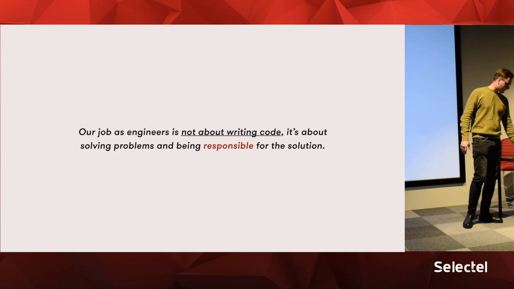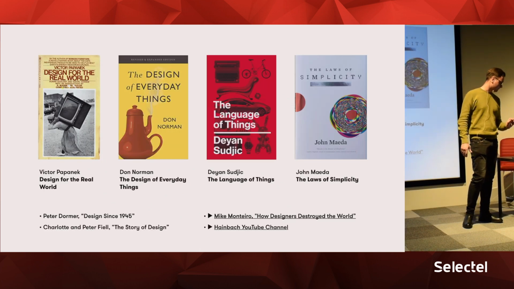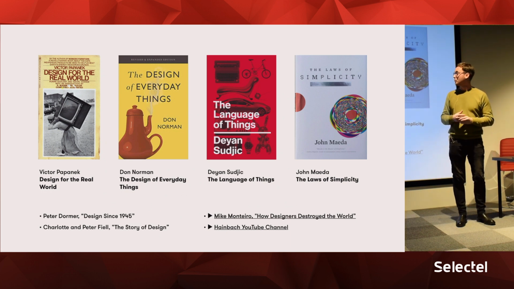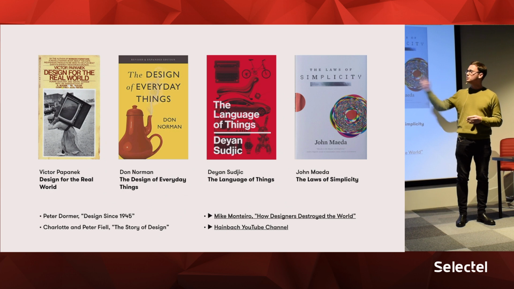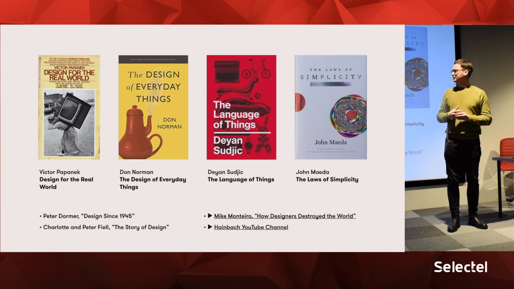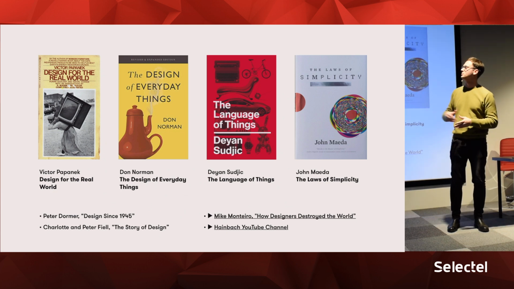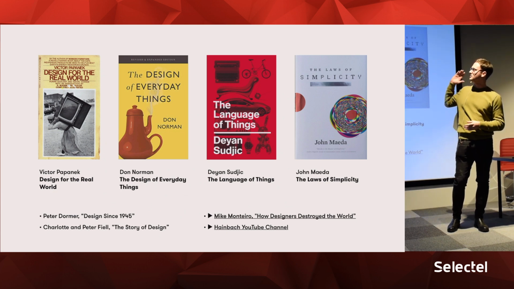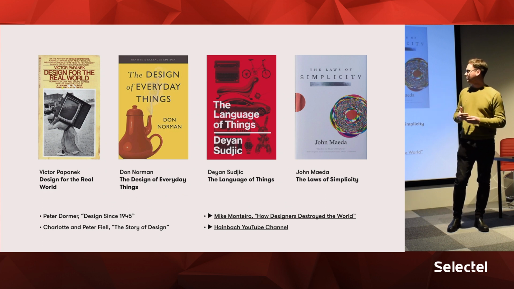So I guess that's it. But before I hop off, I also prepared a list of books that you might find interesting. I wanted to emphasize this book on the left called Design for the Real World. This book is more about the politics of design. If you want to learn about the responsibilities of design, please read this book. And then finally, you can find the design principles in this book with the teapot, quite a popular one.